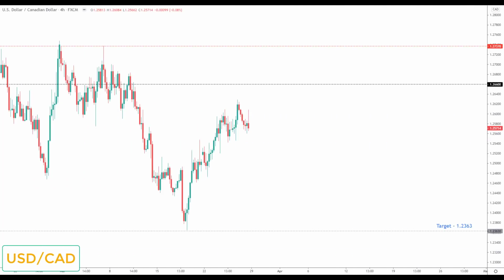Next is US Dollar Cad. Now, US Dollar Cad, I don't really like US Dollar Cad going into next week because we are structured to the downside, but I have a bullish bias on the dollar index, so it doesn't make too much sense to me. I think this market could get choppy next week. I will probably leave this market next week, but if you are interested in trading this, the opportunity I would be looking for is any break to the downside in this market would be viewed as the opportunity to look for short positions down to the next key of support to the downside and the target set at 1.2363.